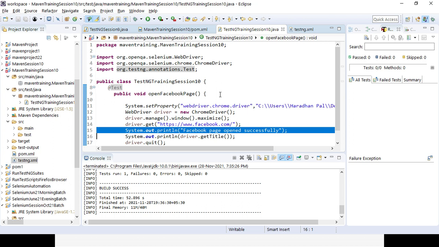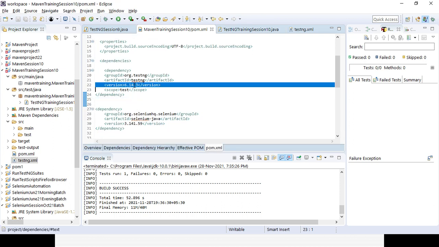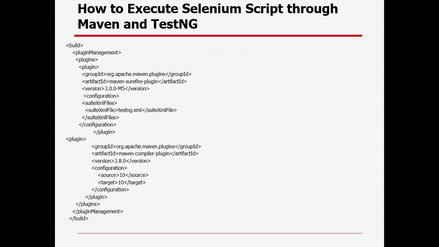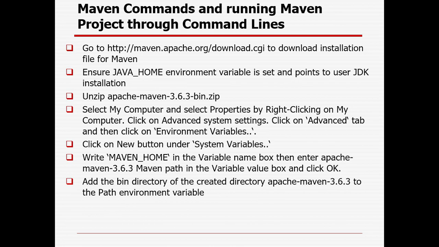If the version needs to change, we do not manually remove and add jars. Instead, I just change the version number, so automatically it will remove the older version from the repository and map the latest version jar file. That is one important aspect. That way I will be running the pom.xml file.